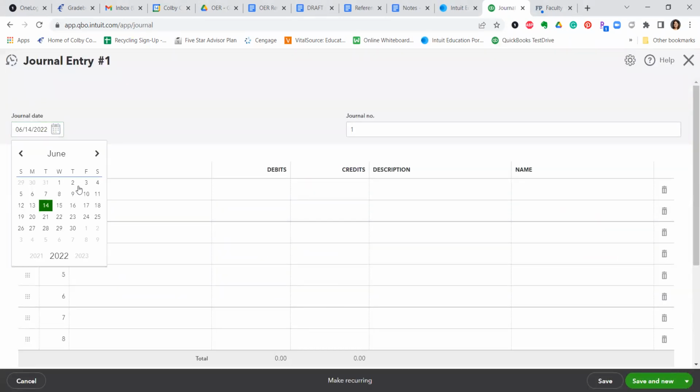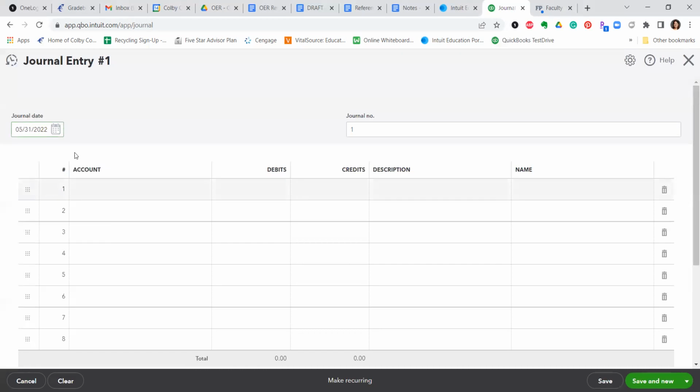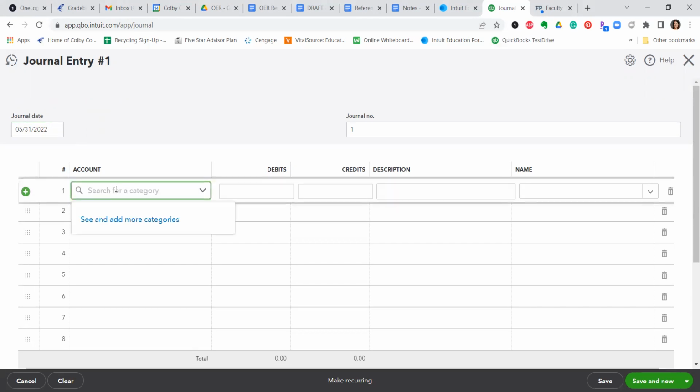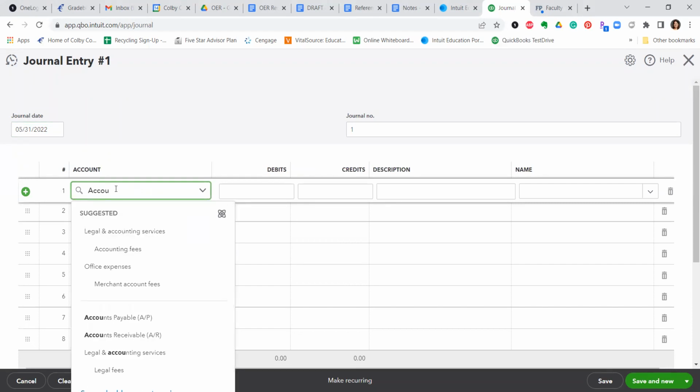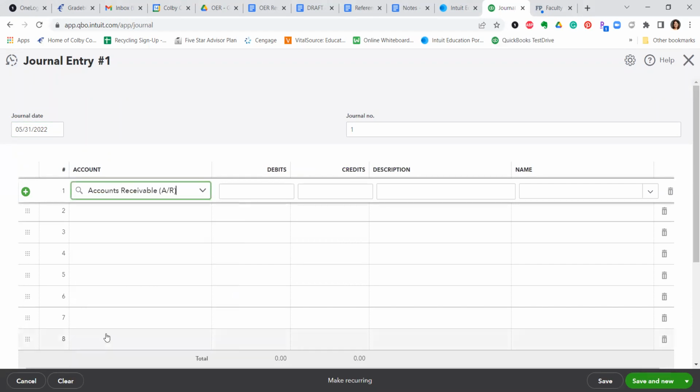Okay, so just like I said in the last video, I'm using the last date of the last month for this chapter 3 so that I can get everything set up last month and then use my current dates as I move forward. Okay, so my accounts here, I'm adding accounts. Sorry, my computer's being slow. Accounts receivable. And accounts receivable is an asset account. So it has a debit balance. So I'm going to bring in that debit balance,